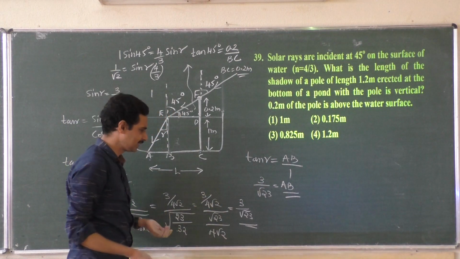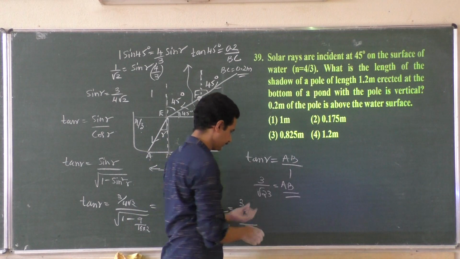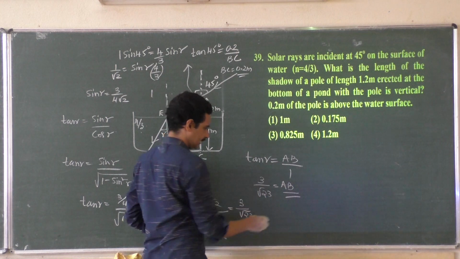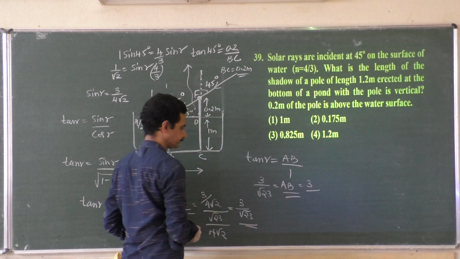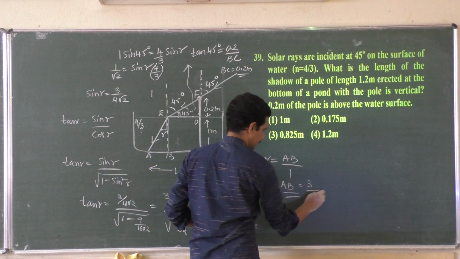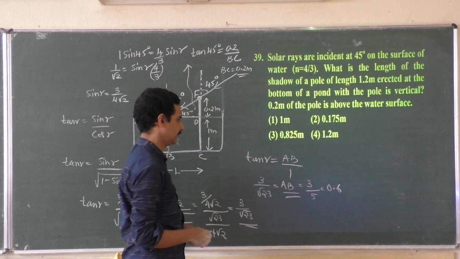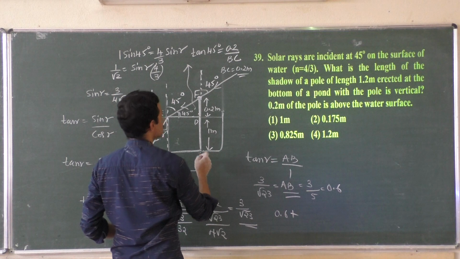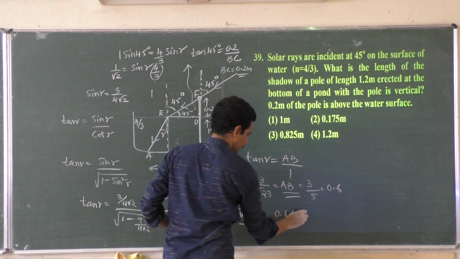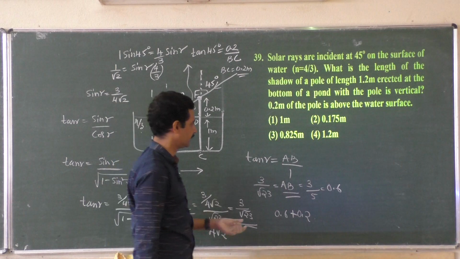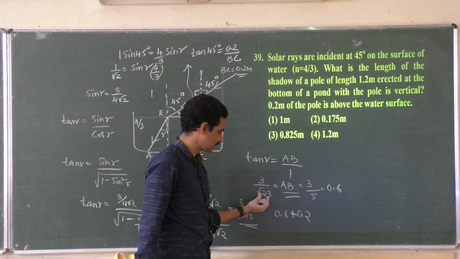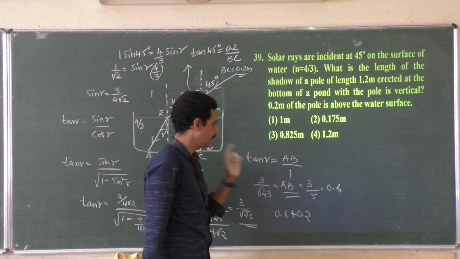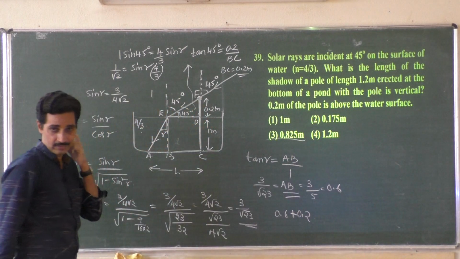Now what is AB? Root 23, shall I write it as almost 5? 25 is 5, 23 is less than 5. So 3 by 5, I will write, then it will be 0.6. I'll check whether I get the answer or not. 0.6 plus this one, 0.2, right? It will be 0.8. It is more than 0.8 because this denominator is not 5, it is 4 point something, which means this will be more than 0.6. Correct answer? So, a little bit lengthier.